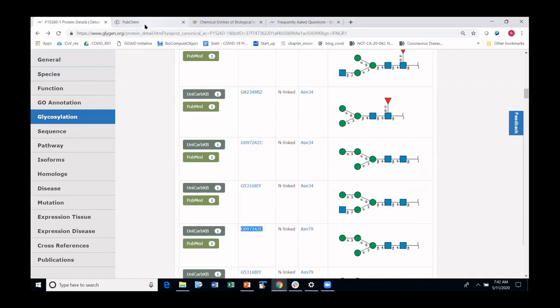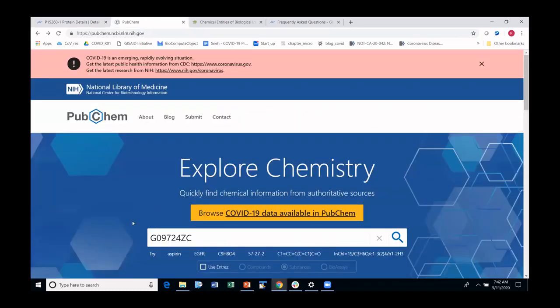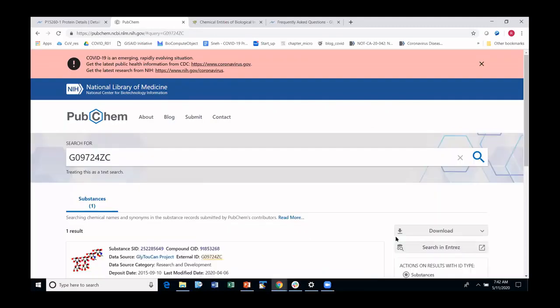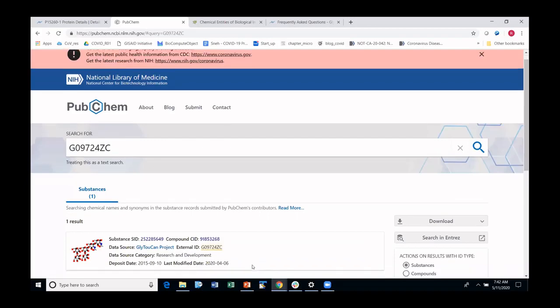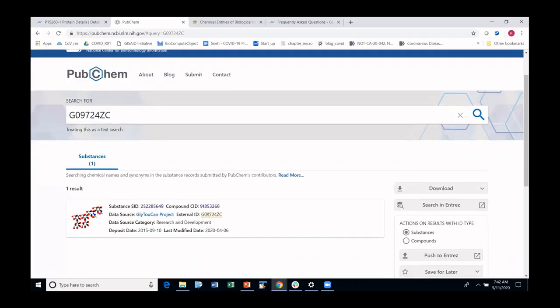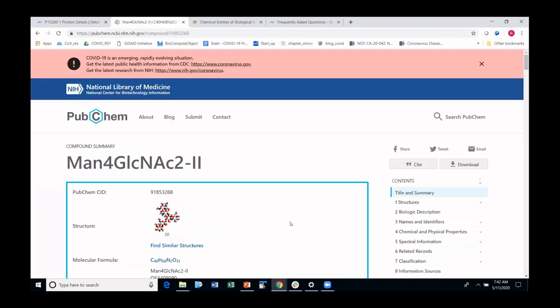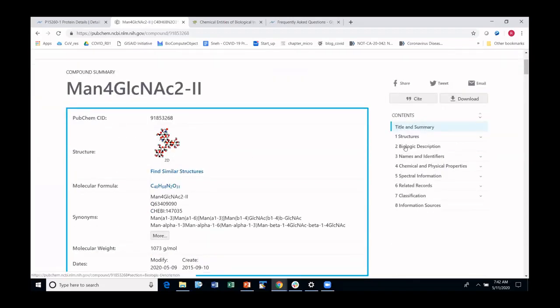We have been working for quite some time with PubChem, trying to harmonize our resources and also making exploration easy in PubChem for glycans. And if I take this glycan accession and I do a search, I end up with this result. And if I want to explore the compound CID from PubChem, we end up with the record,